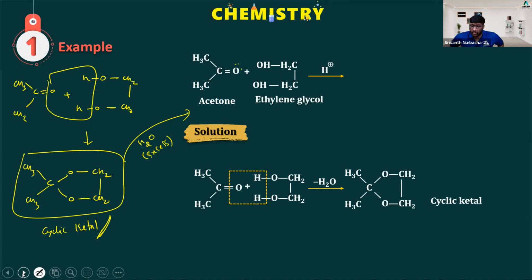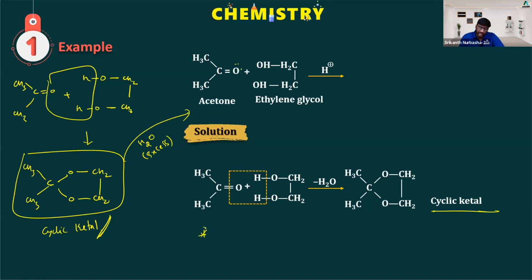CH3, CH3, O, CH2, CH2, O. So cyclic ketals are going to be formed. I have told you one day about protecting groups: whenever you don't want the respective ketone group, that means the C double bond O, to be affected, then you can protect that particular C double bond O by forming the cyclic ketal first. Then you can convert the other functional groups, and finally you can add water for hydrolysis so that